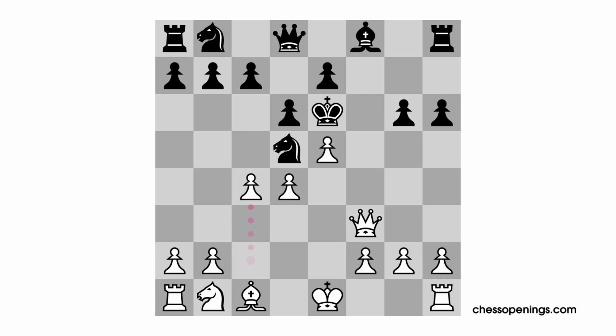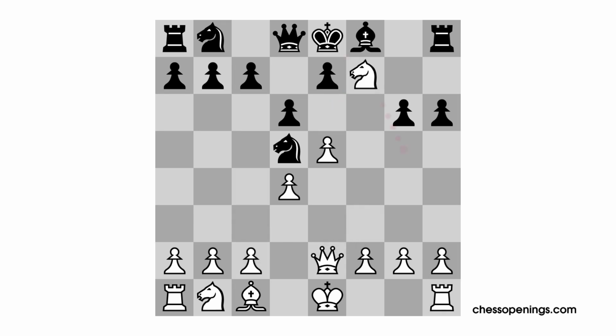And theory hasn't exactly said that white is winning in this position, but I think there's no question that this is not what black was looking for in the opening. White certainly has at least enough compensation for his piece. So instead, after this move bishop to e2,